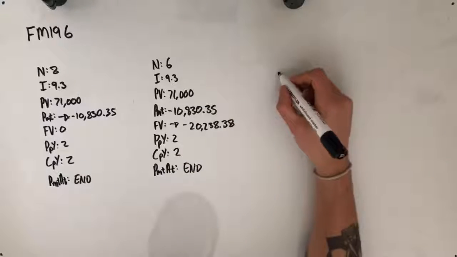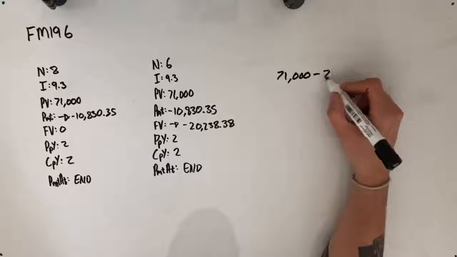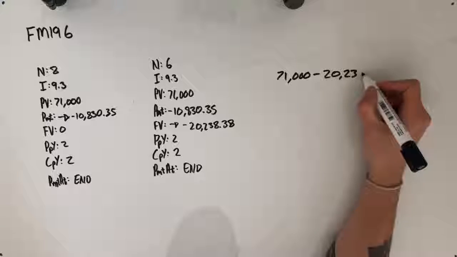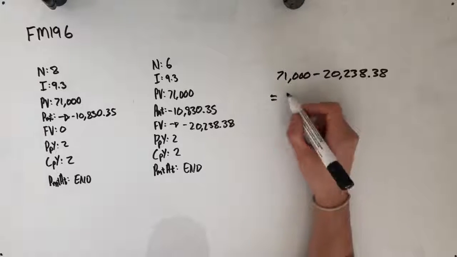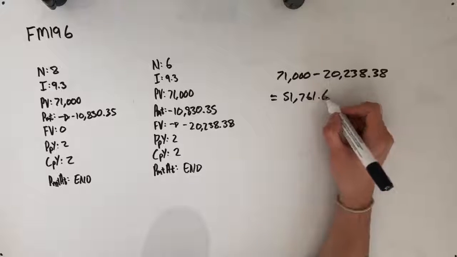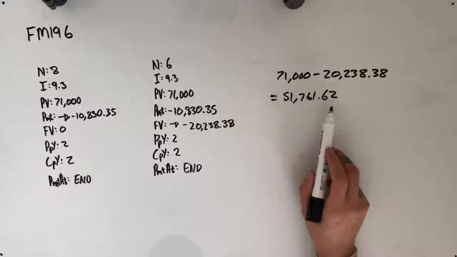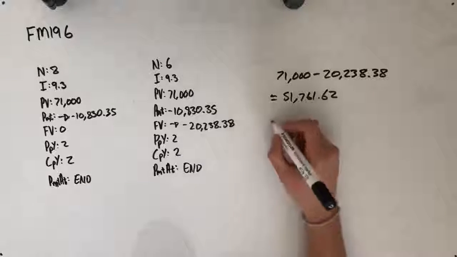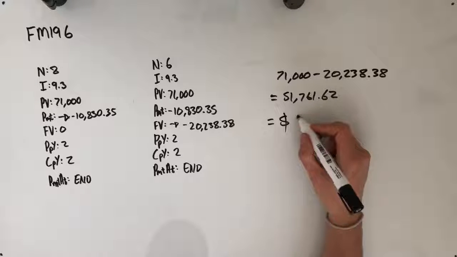So we take the original $71,000 that she owed, subtract the amount that she still owes, and that should give us $51,761.62 is how much she has repaid, but of course we've been asked to take this to the nearest dollar. So the answer is